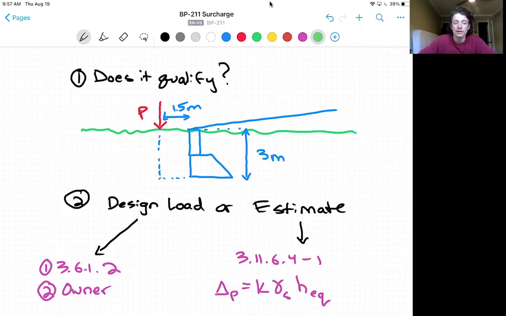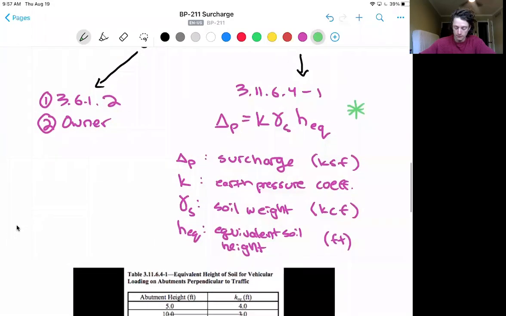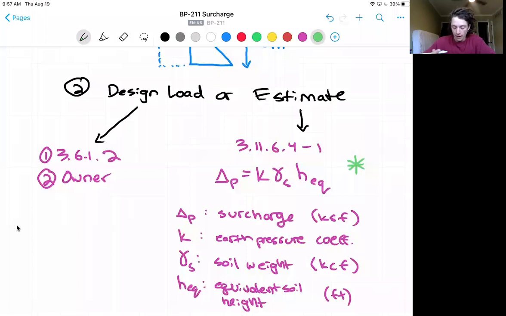Or we can estimate the surcharge loading with equation 3.11.6.4-1 here on the right. First, we'll discuss the estimation. Following the equation, the terms are as simple as follows. We have our surcharge load, our earth pressure coefficient, our soil weight, and our equivalent soil height. All of these things we should have already calculated at some point, except for the equivalent soil height, which we can find in table 3.11.6.4-2 for abutments perpendicular